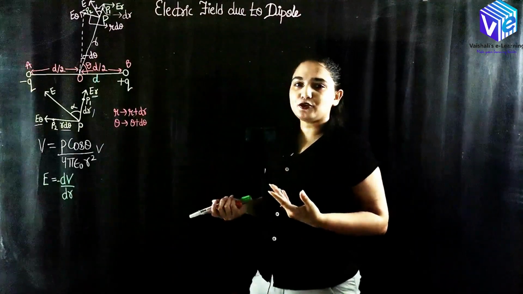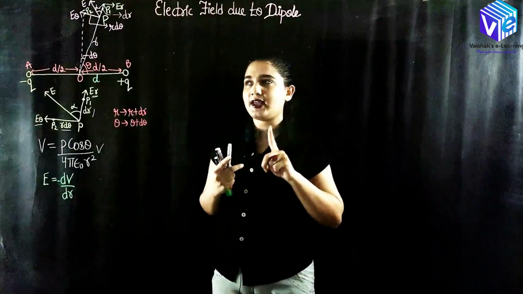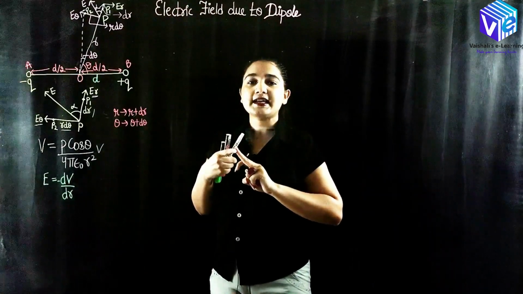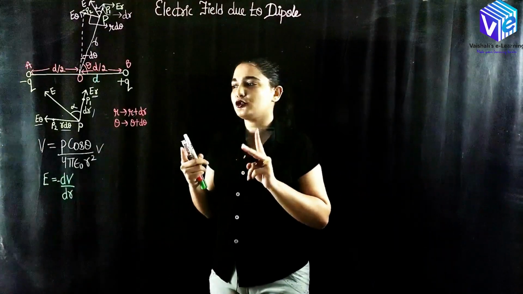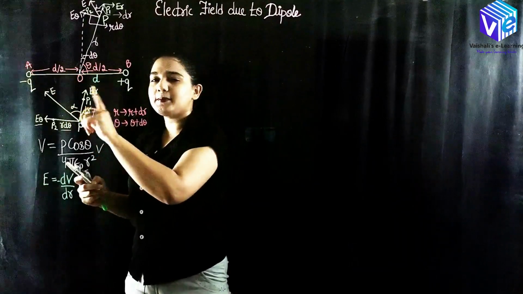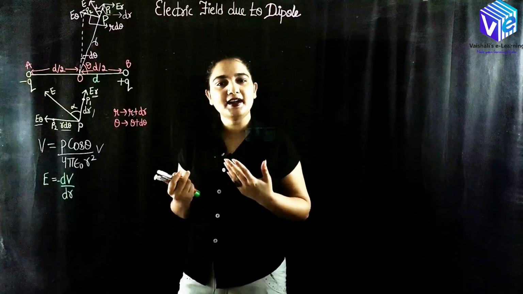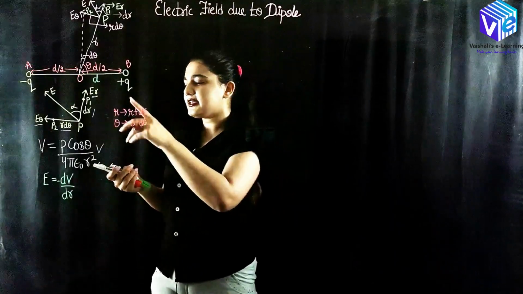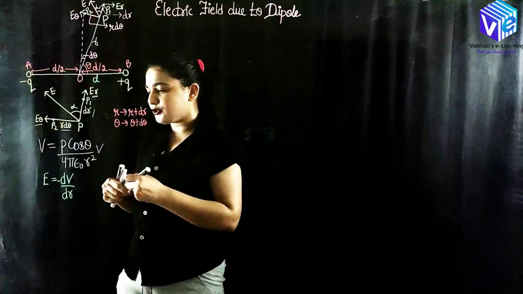So now what we need to find out? We need to find out two things. First is ER and second is E theta. If we find out both of them, their resultant will give me E, so we will be finding out E also. So what is ER? If I need to find out ER,